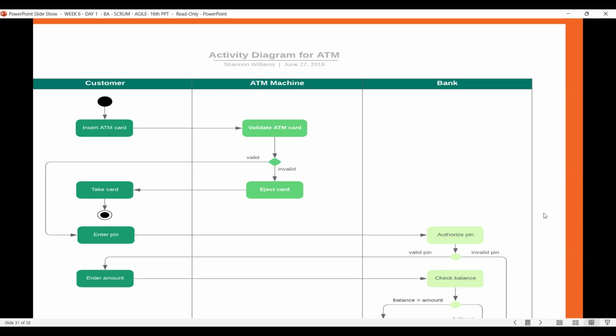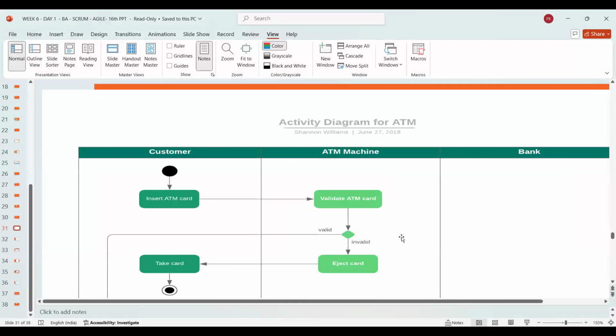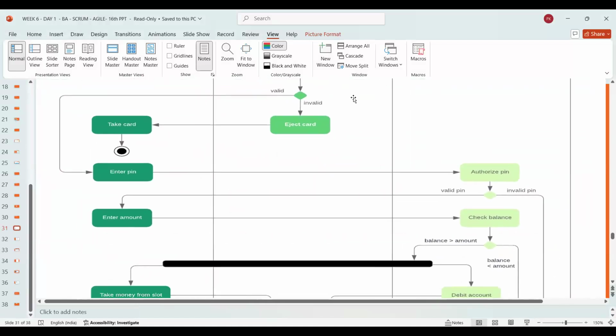Once you give the PIN, though we don't understand the background details, the authorization of the PIN happens. Sometimes if by mistake you enter a wrong PIN, then you get an alert stating, please enter the correct PIN, or this PIN was wrong. So here the authorization happens. Again, after this, there is this diamond shape. Whenever you enter the PIN, there can be a valid PIN and an invalid PIN.